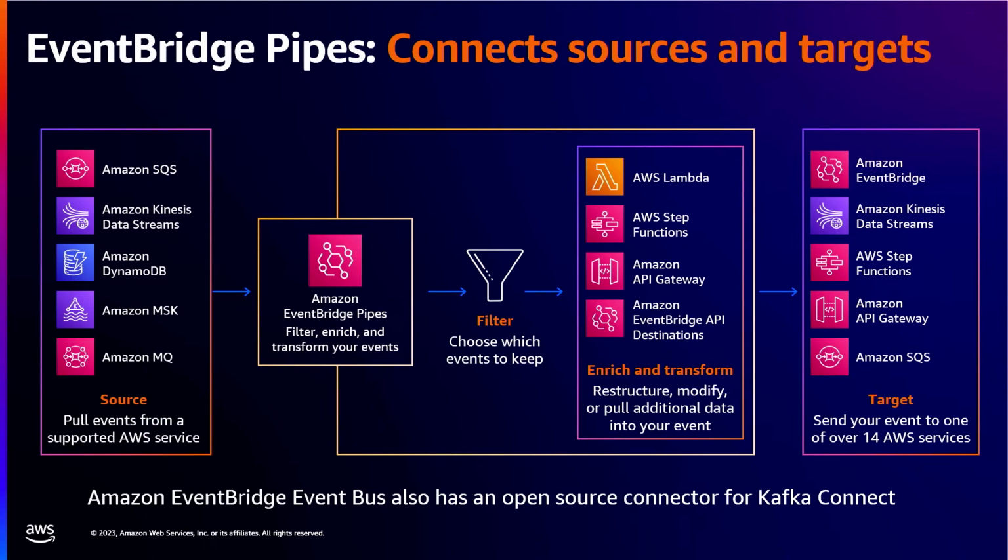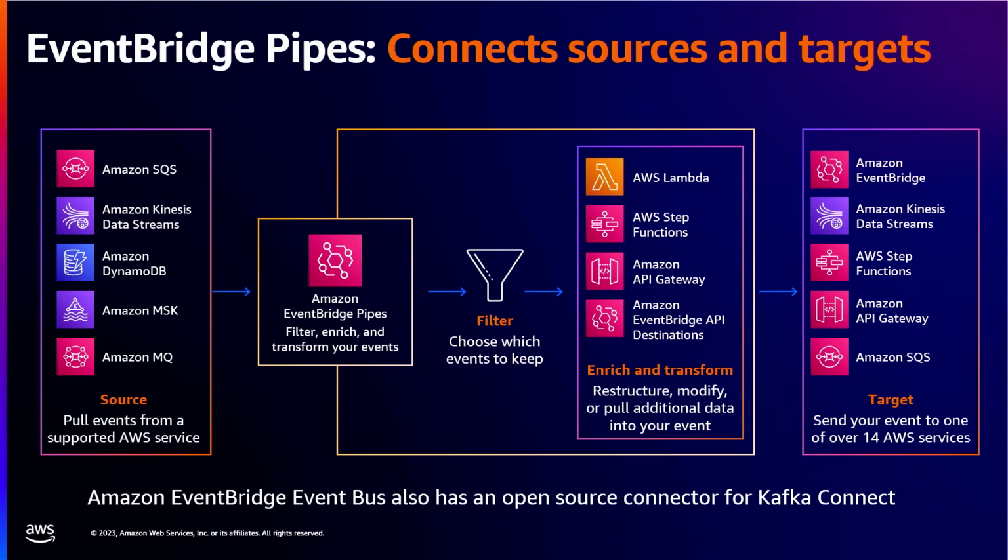Well, EventBridge Pipes is part of the EventBridge family, and this lets you focus on what differentiates your business instead of writing undifferentiated glue code. It's a simple way to create point-to-point integrations between producers and consumers. And you set this up as configuration code without having to write Lambda function code to transport the data. And Pipes has, I think, 6 sources, the ones you see here, including self-managed Kafka. And then they've got enrichment through 4 different services, and then delivery to 14 other services, including HTTP endpoints via API destinations. So this allows you to connect your data streaming to even any API on the internet, or even a whole bunch of third-party SaaS providers.